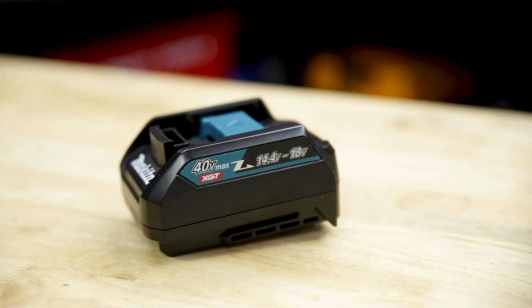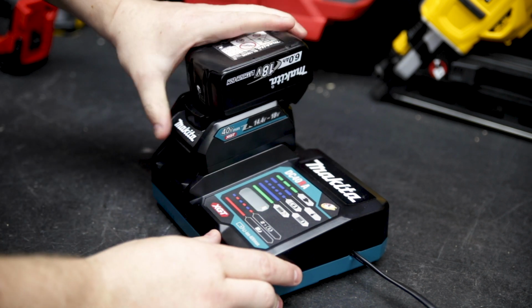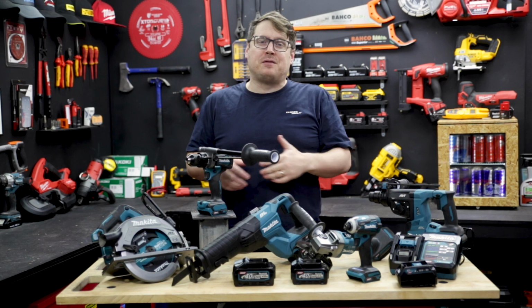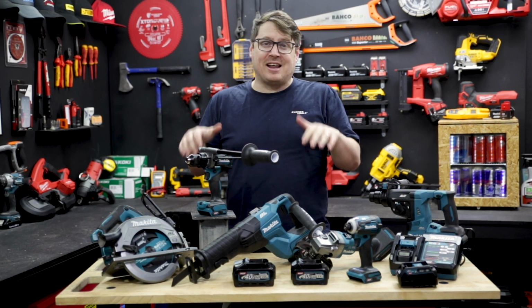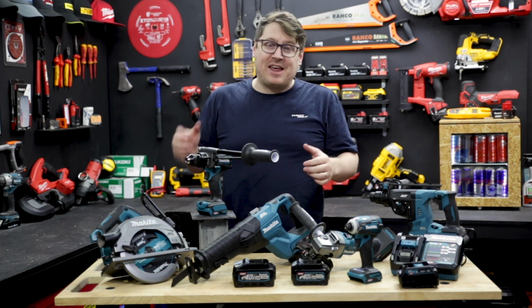Now this is the LXT adapter. That'll allow you to charge a 6 amp hour 18-volt battery in just 40 minutes. With the new XGT platform, you can expect plenty of performance as well as an improved user experience. But it's not the end of the LXT range at all. There's going to be plenty of new tools coming out in both the XGT and the LXT in the near